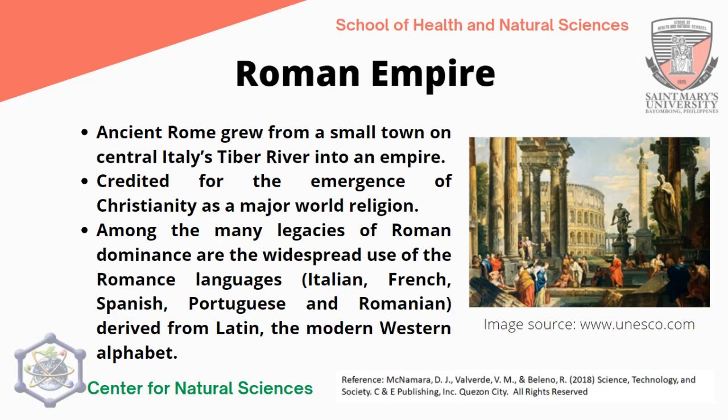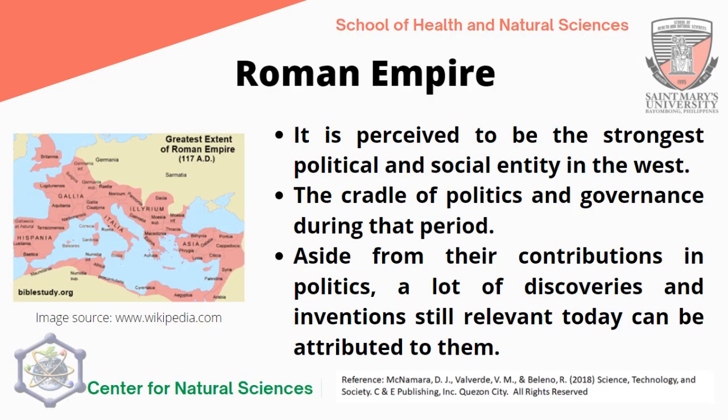So, a very rich cultural influence and on religion. It is perceived to be the strongest political and social entity in the West. So based from the map, you can see the greatest extent of the Roman Empire surrounding the Mediterranean Sea, or mostly of the